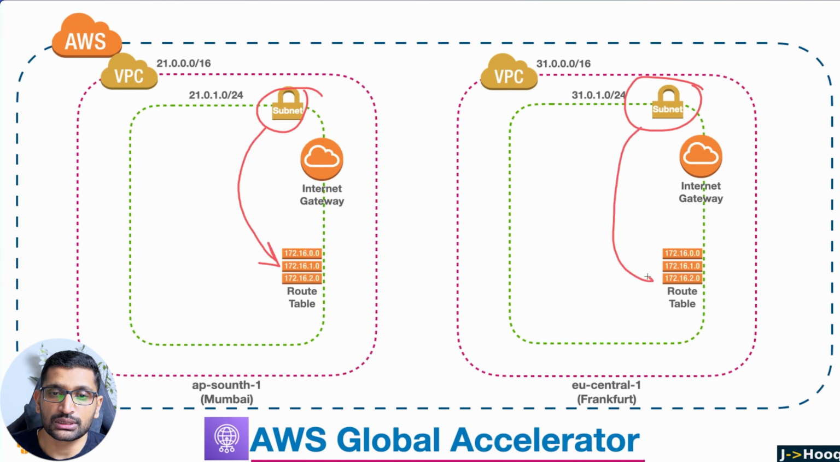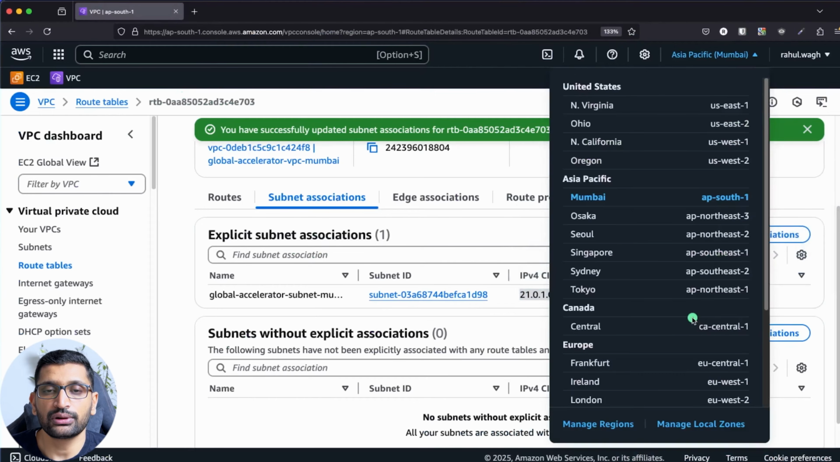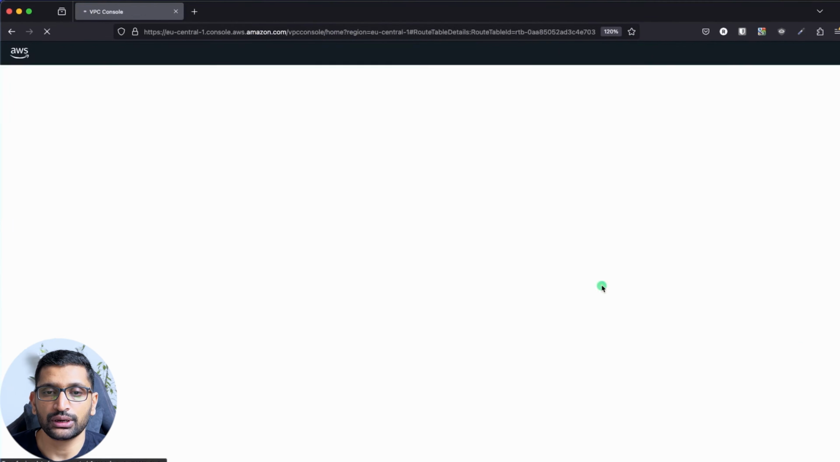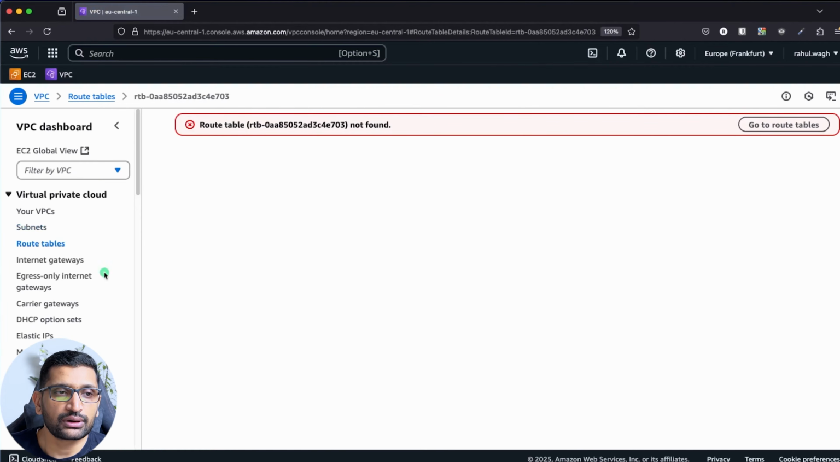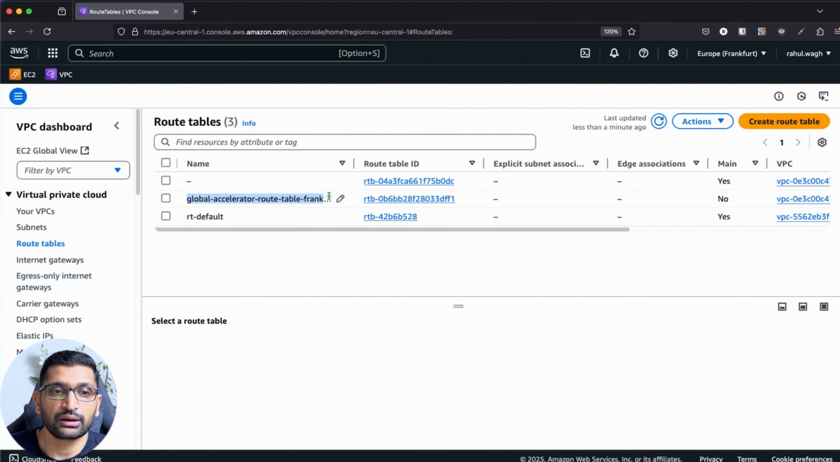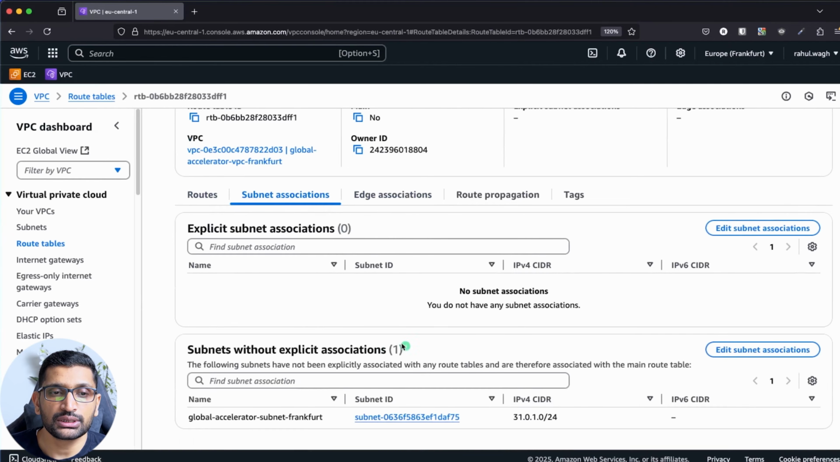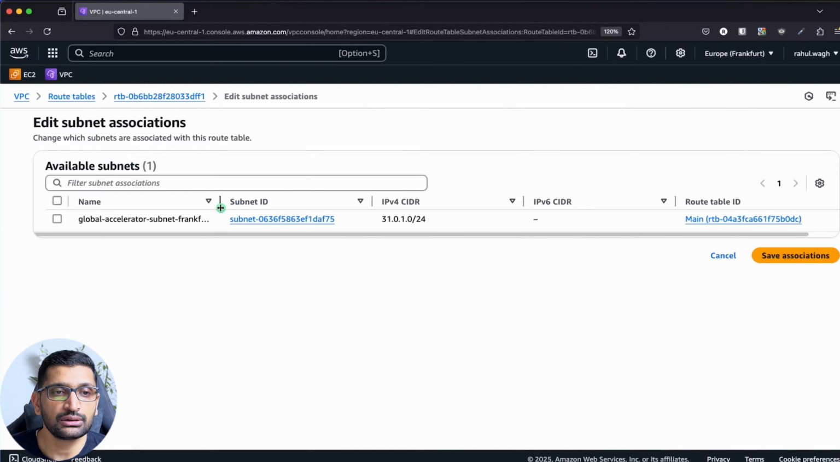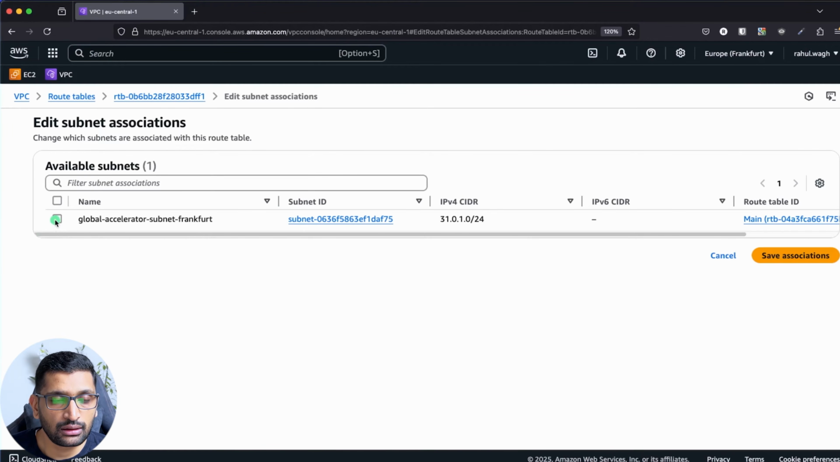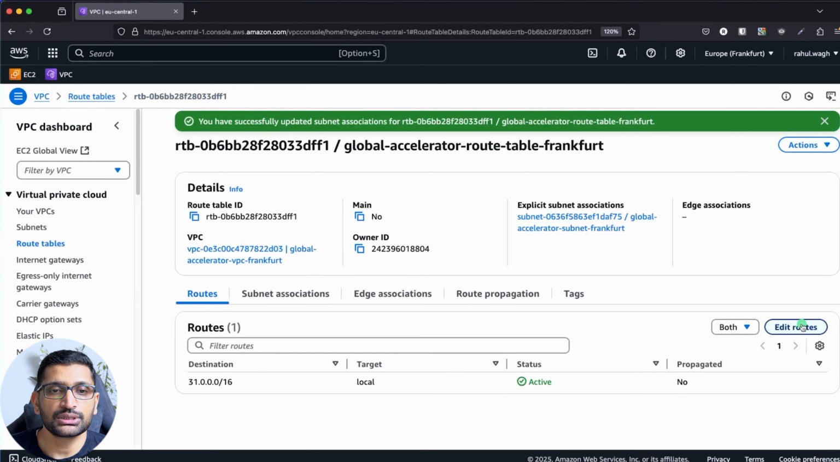We need to do the subnet association here as well. For that, I will now jump to the Frankfurt region, which is present over here. In this Frankfurt region, click on the route table, and here you can see this is the route table we created in the past. Click this route table, click on subnet association, and here you will see it is completely empty. Click on edit subnet association, select the subnet where we were working, click on save association, and now it has